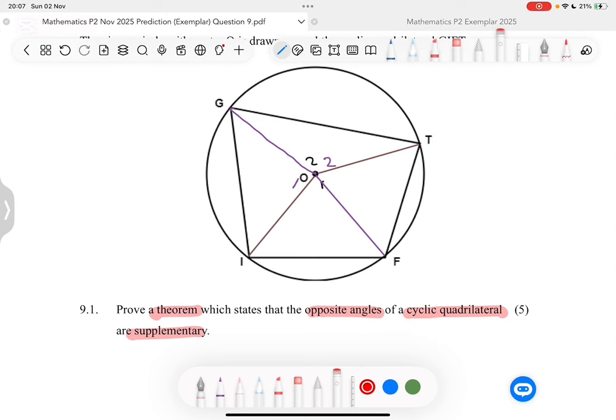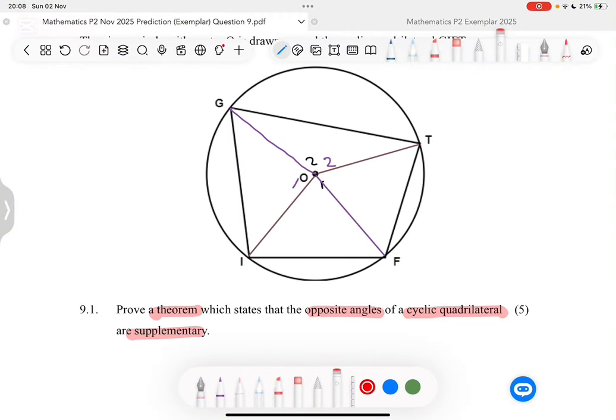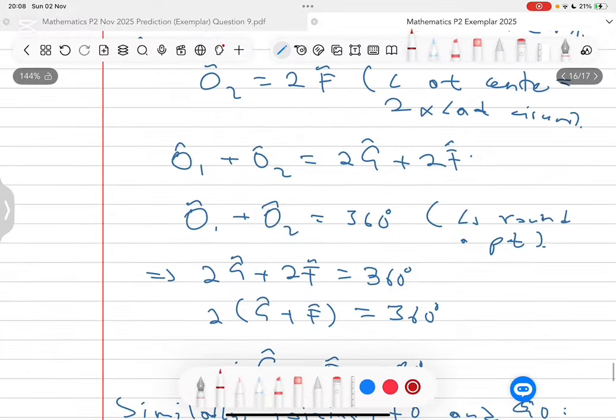Because really, we will do the same mathematics that we did when we constructed the first part here. We should follow the same method, and then therefore, these angles will also add up to 180 degrees when you follow that same method. And this will be out of 5 marks,